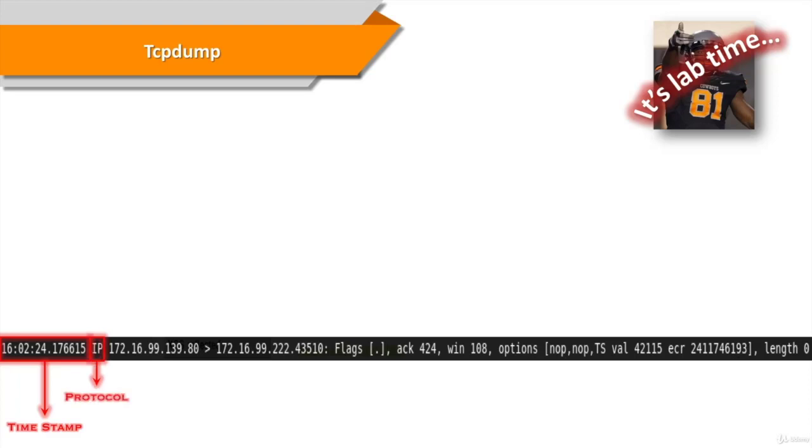The second field is a protocol running atop the link layer, in this case, IPv4. For IP packets, the third field is the IP address or host name of the host sending the packet, along with, for TCP and UDP packets, the source port. The packet on the slide came from port 80 of the system